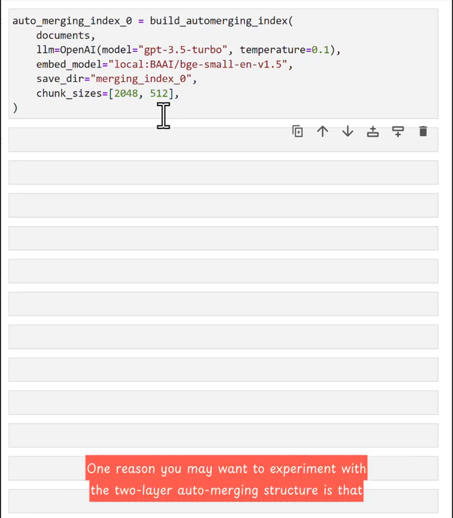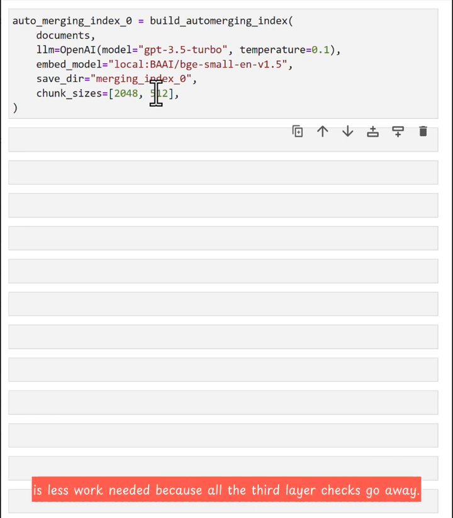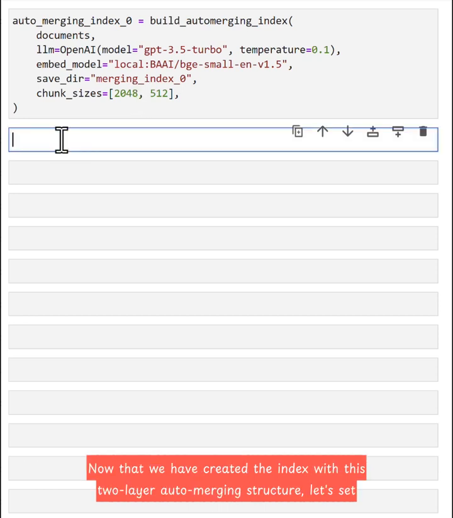One reason you may want to experiment with the two-layer auto-merging structure is that it's simpler. Less work is needed to create the index, as well as in the retrieval step, there is less work needed because all the third layer checks go away. If it performs comparably well, then ideally we want to work with a simpler structure. Now that we have created the index with this two-layer auto-merging structure,